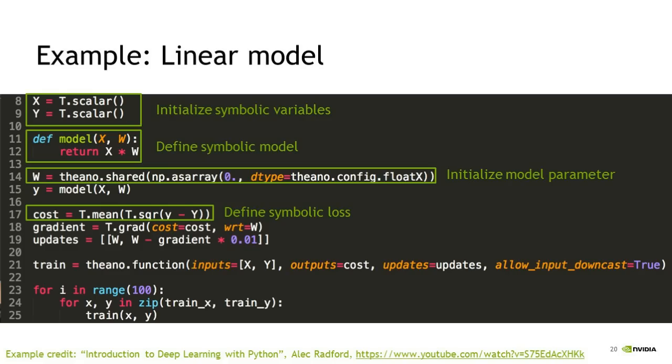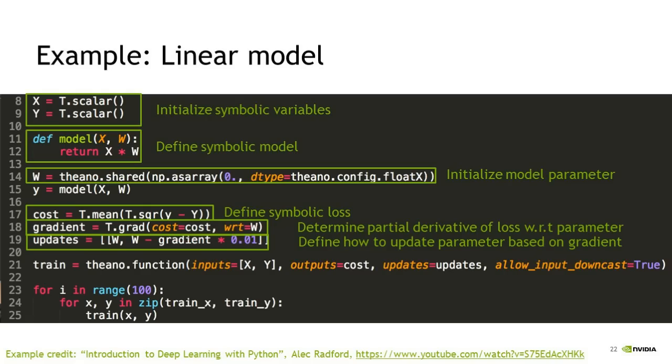It's a machine learning use case, supervised learning, so we need a cost function that tells us the error on a model prediction given the ground truth. So in this case, we define that symbolically again. Then we define the gradients that we will need to update the parameters of the network. As I showed before, this is the derivative of the cost function with respect to this weight w, which is just a single value. And then we define how we would like to update the weight